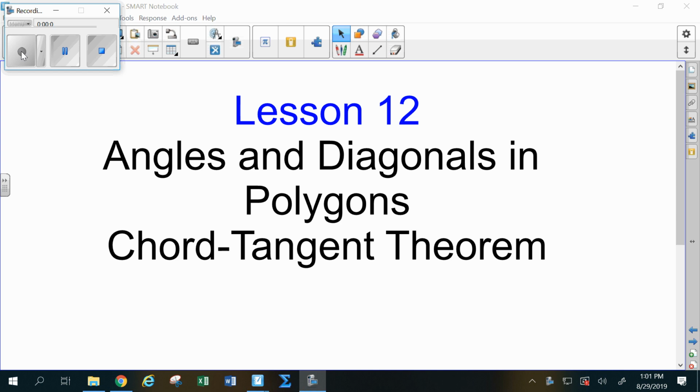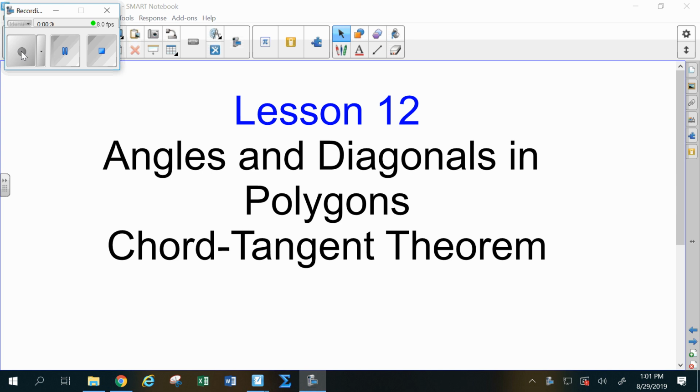Today we are talking about polygons and the sum of the angles in those polygons. We also will talk about and figure out a formula for how many possible diagonals you can draw through any polygon. And then we'll have the chord tangent theorem as a special case of one of the formulas that we wrote down yesterday. So first I am wondering, is there anybody who can tell me the difference between concave and